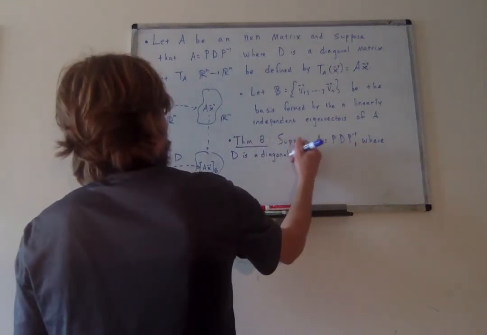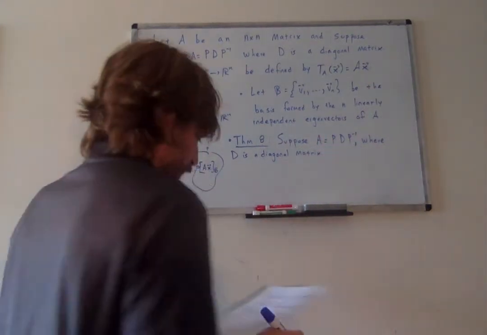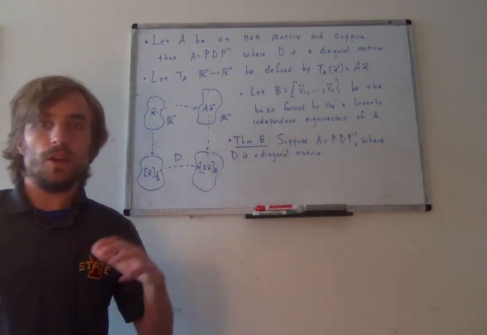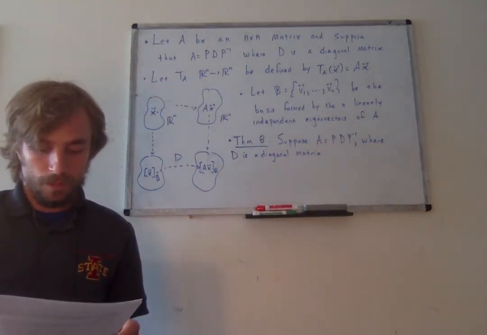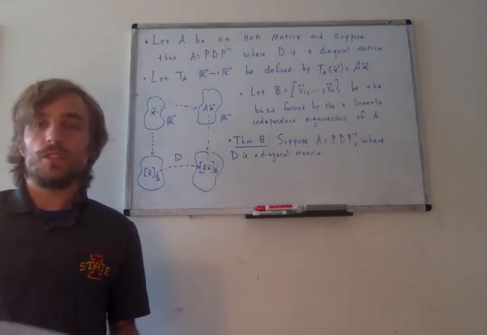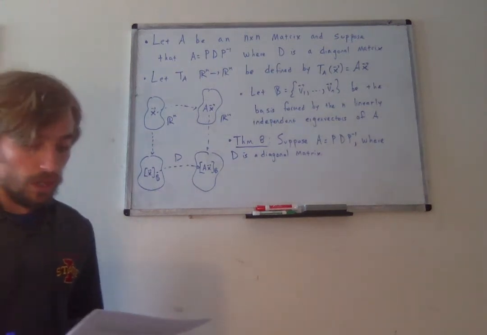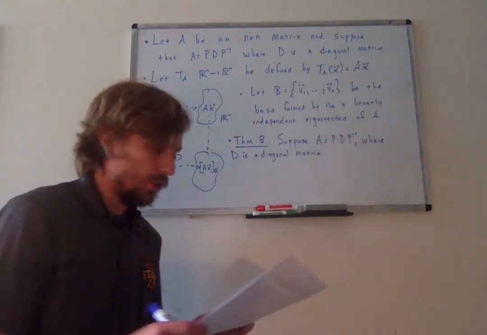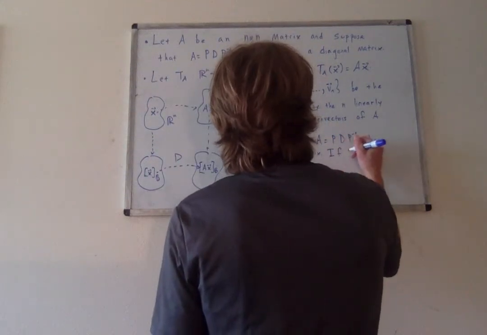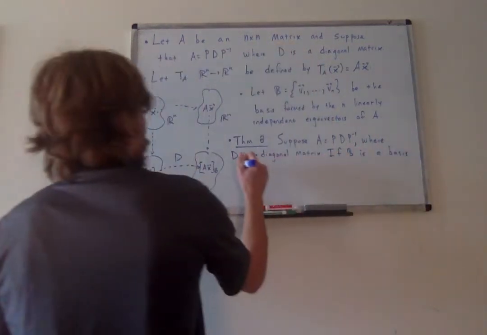And so I highly encourage you to look through that proof. I've got an outline of the proof that you can follow, and then I'll post answers to those outlined questions when I post the worksheet solutions. And so if you're interested in the proof, certainly you can read it. It's a great, awesome proof where you kind of just work through it all and show that this has to be the case. And so if B is a basis for Rn,